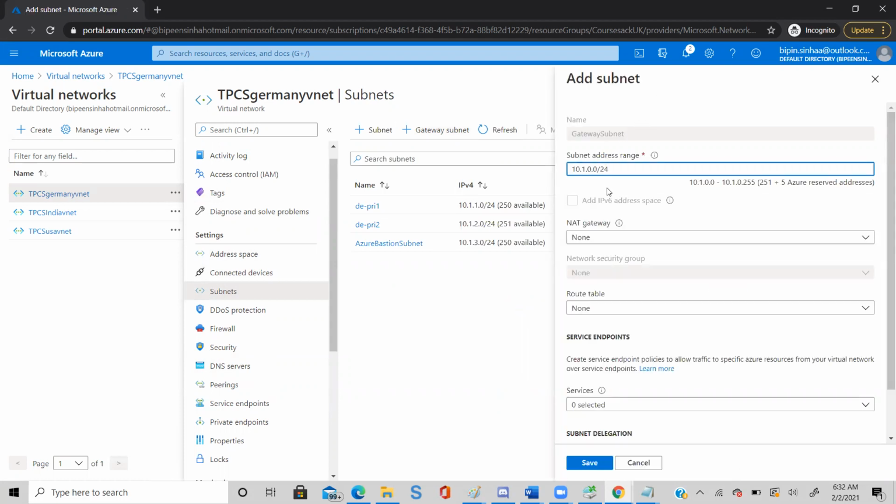What is the IP address? 10.1.4. Why so? Because if you see here, I have given 10.1.1 to private 1, 10.1.2 to private 2, and 10.1.3 to Azure Bastion, right? So what should you give here? You should give 1.4 or 5 or 6, whatever you want. So just give 4, so 10.1.4. Yes, and click save.